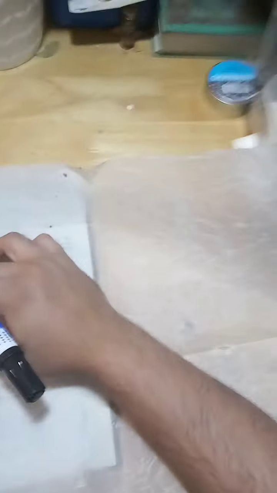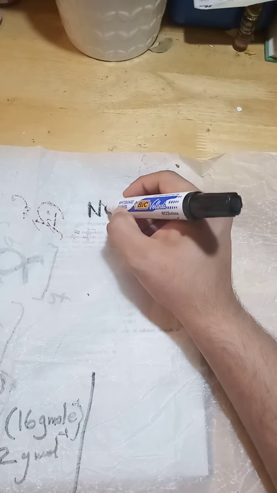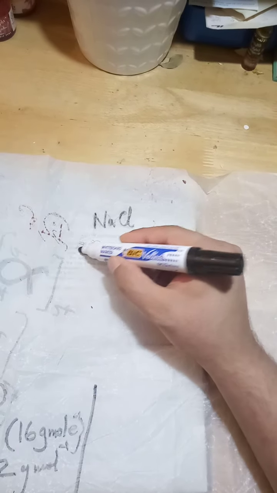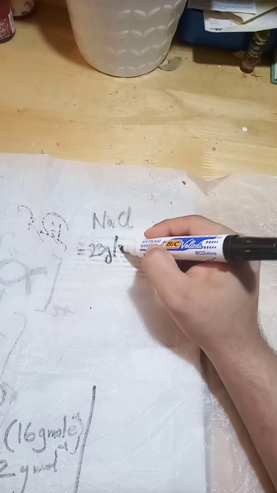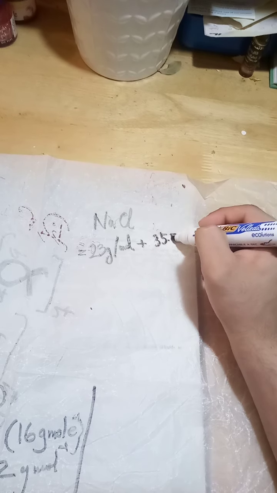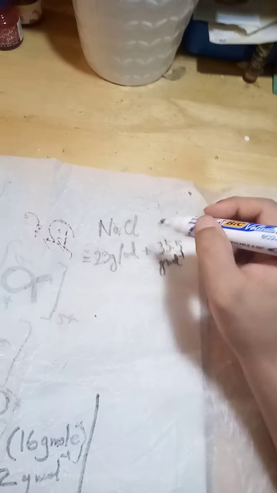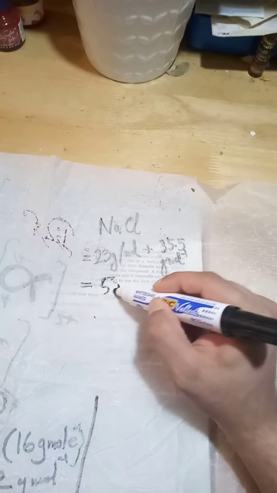So I'll do sodium chloride first. Sodium would be 23 grams per mole plus 35, 35.5, sorry, grams per mole. That's the average of its isotopes. So that'll be 58.5